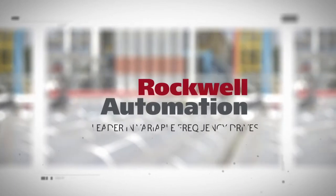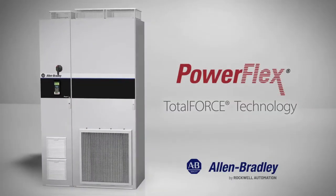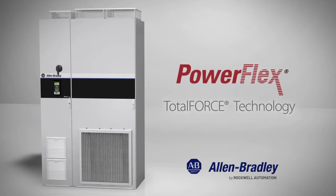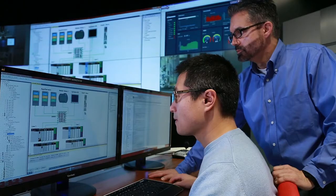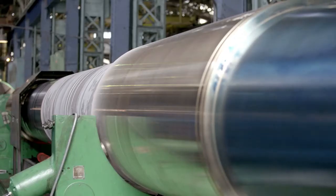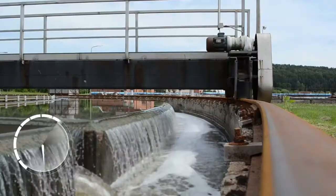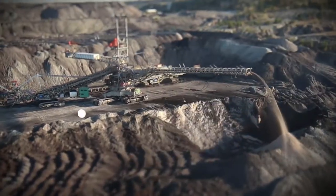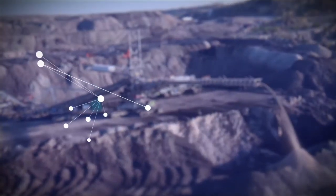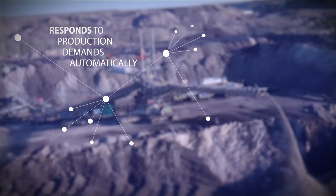As a worldwide leader in variable frequency drives, Rockwell Automation can help resolve these challenges with the latest Allen-Bradley PowerFlex technology. Built with our patented TotalFORCE technology, PowerFlex 755T drives deliver superior electric motor control through precise adaptive control of velocity, torque, and position. PowerFlex 755T drives respond to production demands by comparing current performance to application settings and making